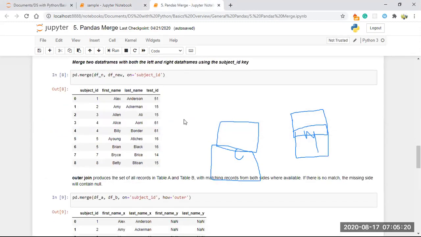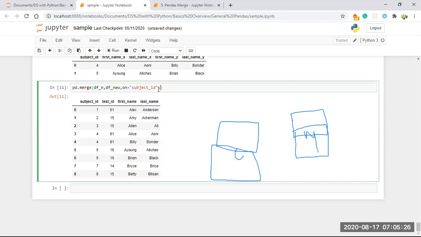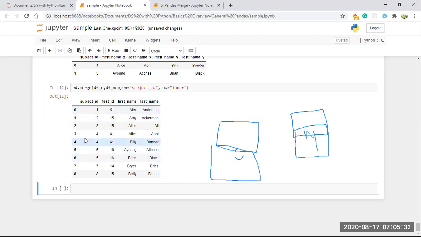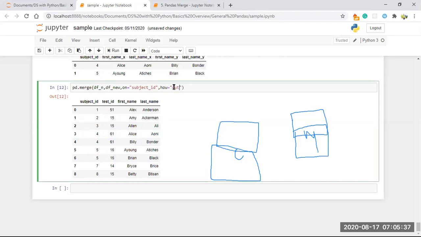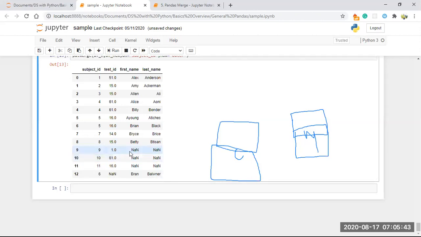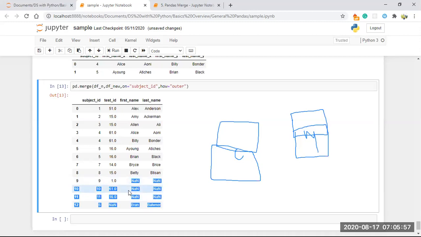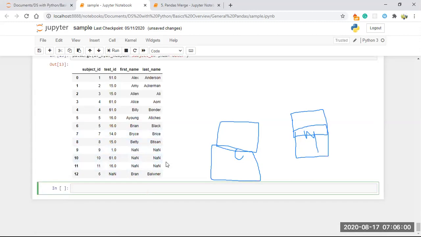Which is all common between the two things, it will get only that stuff. So now for example, if I am applying a how, we are having an inner join. Inner join means the same output, which is all common between two data sets, you will get. The other one is outer. So outer join means you will get NaN values. Like 9 is not there. Here you have a 9 for DFB, but in this DF new we don't have a 9, so we'll be getting NaN values. So if the value is not available, it will give NaN.